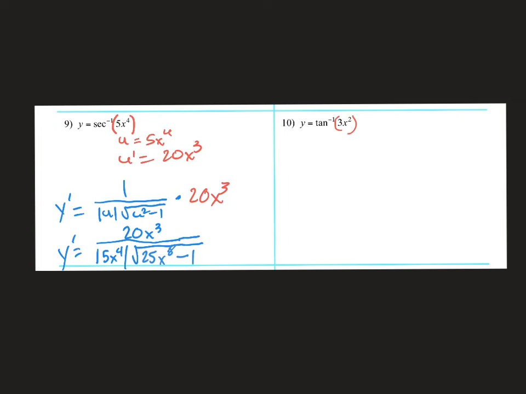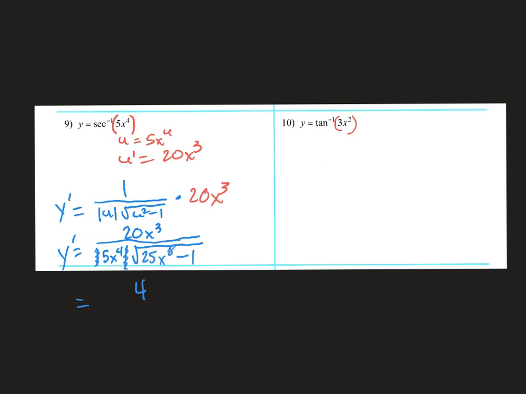Now, there's a little bit more math we can do. I'm going to have to move down here into the black space to simplify this thing. So the absolute value of 5x to the fourth turns out to be 5x to the fourth because x to the fourth is already positive. When you raise any value of x to the fourth power, it turns positive. So there's no reason to have these absolute values. That means I can ignore these because x to the fourth is positive, and I can reduce the 5 and the 20. So the final answer, if you happen to be peeking at the answer key on this thing, is going to be 4x cubed